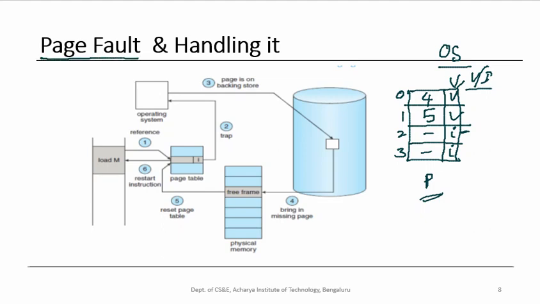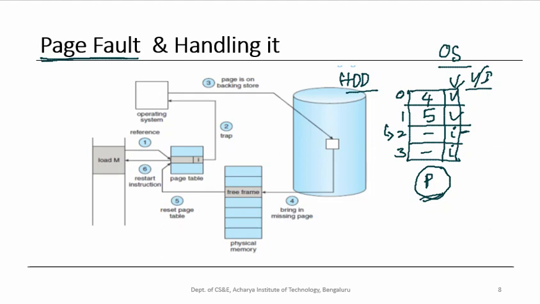I hope you understood. This is a valid access made to a page of a process P, but due to the concept of demand paging, we have brought only 2 pages of the process P. Now the CPU is making a request for some instruction or data present in this page, and we are trying to bring this page from the hard disk. Where is this page stored? It is stored in the hard disk, right? And this is called page fault. So a page not being present in the physical memory when requested is known as a page fault.